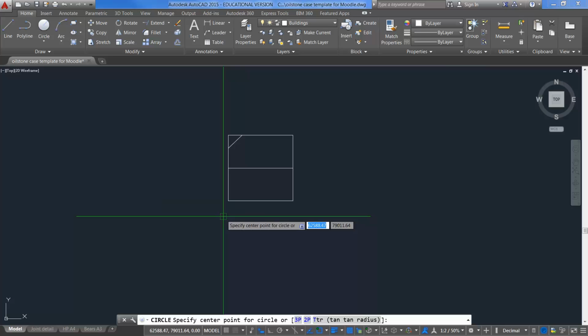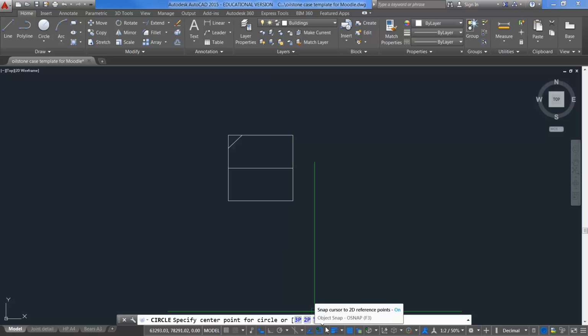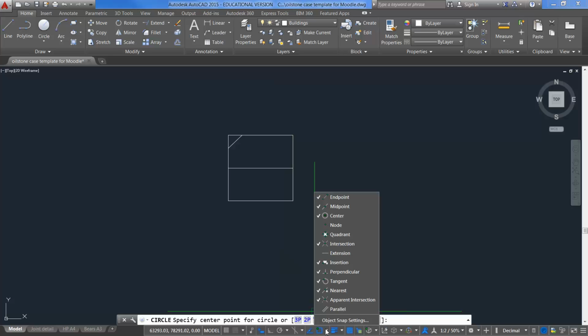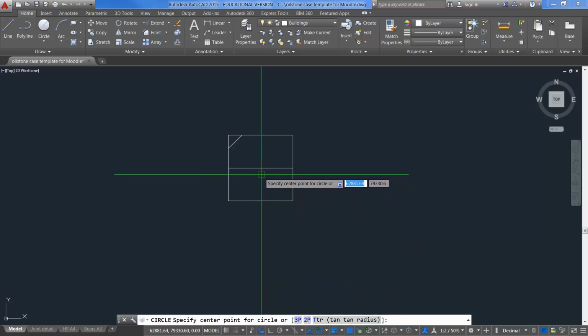To toggle the GIF box on and off, or the different commands, there's a little down arrow here. If you click on the down arrow, it will give you where that little box is going to extend to. Now the top one is endpoint, but a good one is midpoint, center point, and we use perpendicular a lot. If let's say I wanted to go to the center of that horizontal line, it would give me a little triangle. See that triangle? If I click on that triangle anywhere, I can get the exact midpoint of that line,